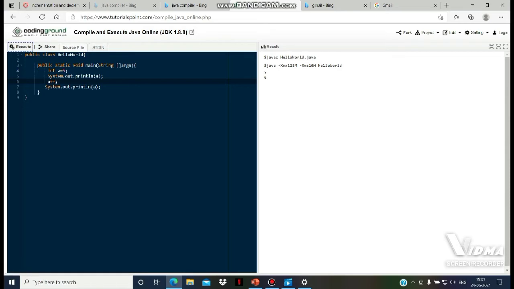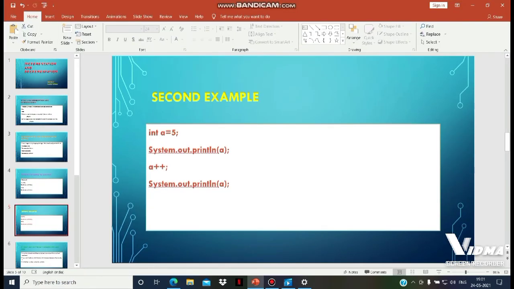When we applied the pre-increment operator and printed the a value, then it became 6. Before performing the incrementation operation, it is printed as 5. So in the two cases, the output is the same. So what is the difference between pre and post? The output for pre-increment and post-increment that we executed is the same. Then what is the difference?